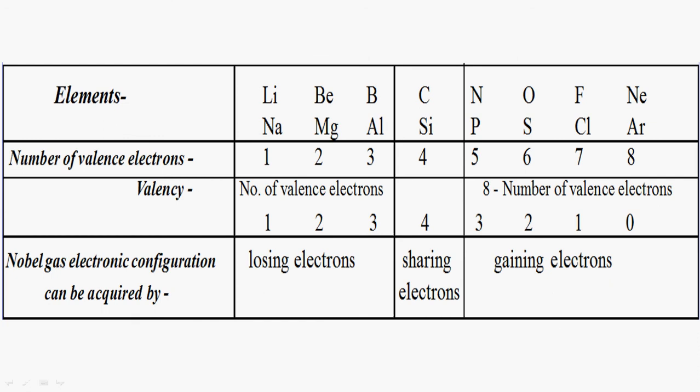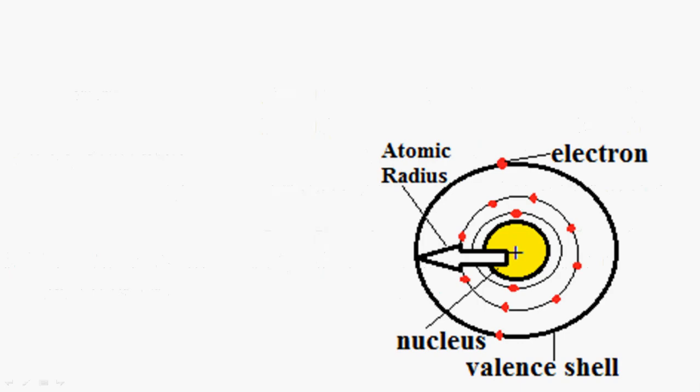So in this diagram you can see the first row represents the elements, second row is the number of valence electrons. So this is for second period they have given you. Okay, second and third period. Then in the third row, valency is given with respect to hydrogen. Why I am saying with respect to hydrogen, you can see there. Till carbon it increases from 1 to 4. Lithium to carbon it increases from 1 to 4. Then from carbon to fluorine it is decreasing again to 1. So that is why we are saying that this is with respect to hydrogen. But with respect to oxygen it will only increase. Okay.